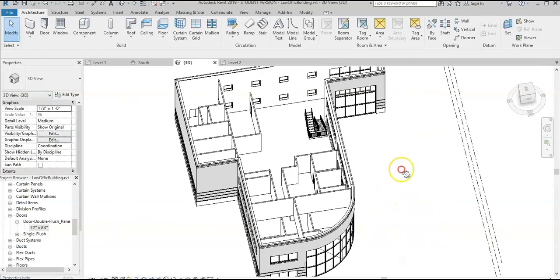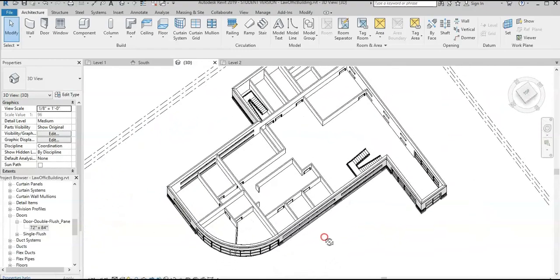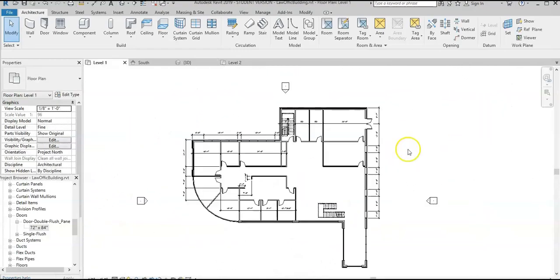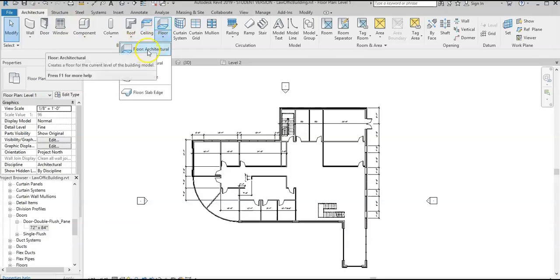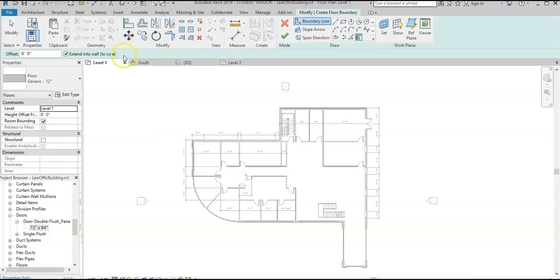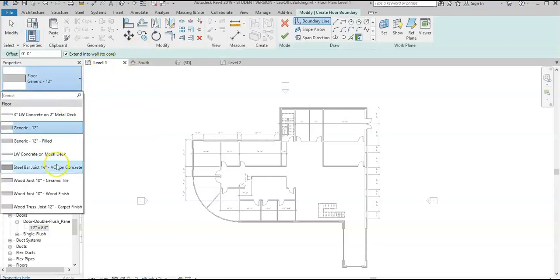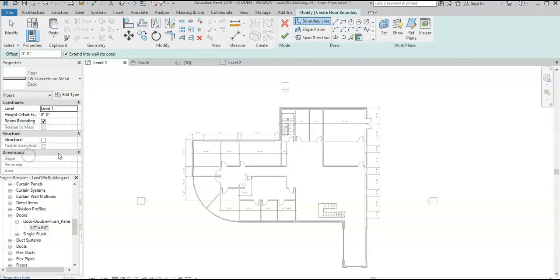you can see both stairs are created. Now back to level 1, I'm going to create a floor. From architecture tab, click on floor drop down menu, architectural. Here select LW concrete on metal deck, and now as boundary line is activated and this pick wall is activated